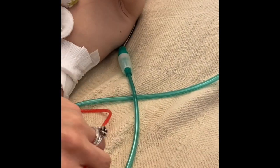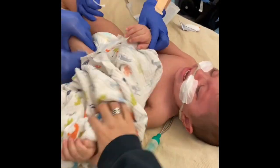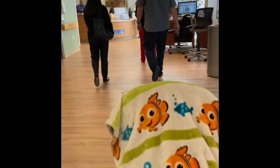I'm giving him Tylenol to make sure that he's good before they start these shots. These shots are to protect his lungs from major viruses. They're called Synagis, and they're both done in the legs at the same time. This shot is done every 28 days for 6 months during cold and flu season, which totally sucks for him,